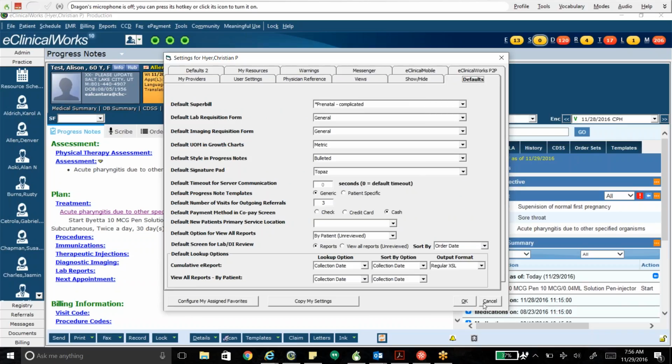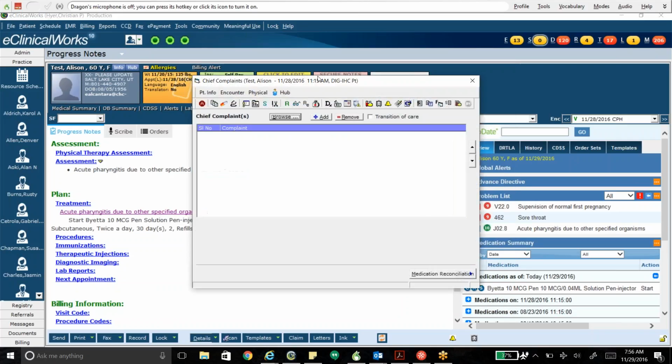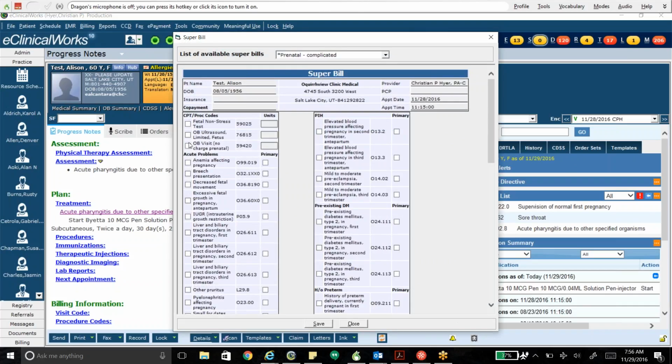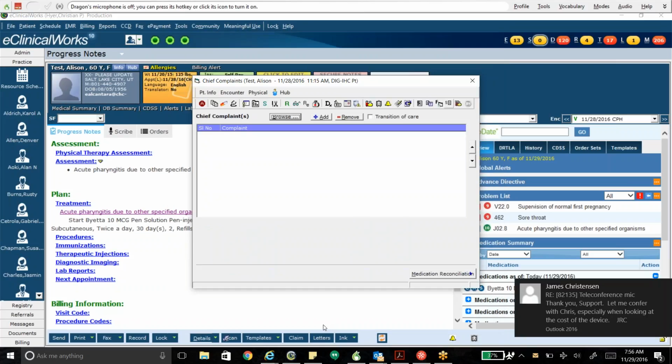And now, one thing I do know for sure, and I've tested this and it does work, is once you have that set as your default, you can go immediately. So once you use the OB Superbill, and I pick my prenatal visit, there's your Carl, there's your NST and your ultrasound. But I pick my prenatal visit and I pick a diagnosis and I click OK. Now I've got my ICD-10,